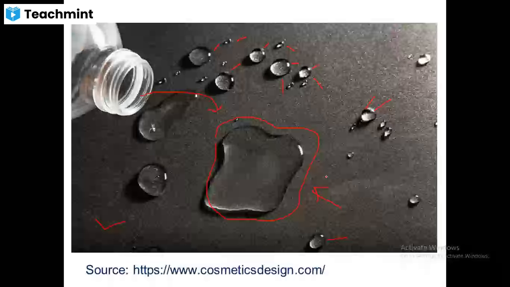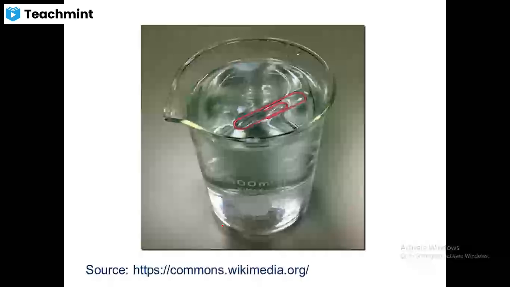What is the reason for this? There is something called cohesive force, something called adhesive force, which is responsible. And we see that this liquid drop is wetting the glass surface. So we'll try to understand what exactly is happening here in detail after some time. Then, this is one more beauty of surface tension.